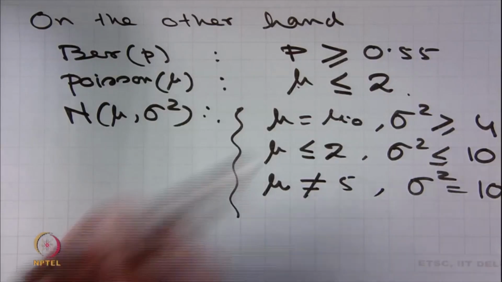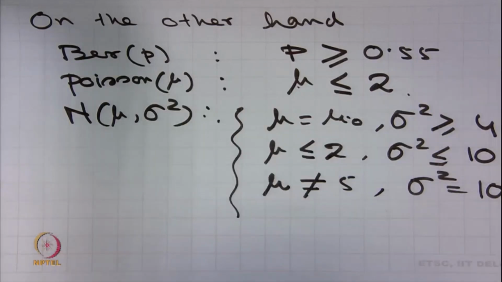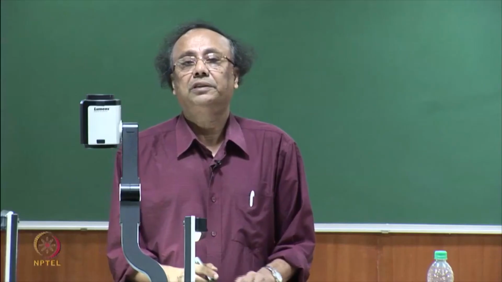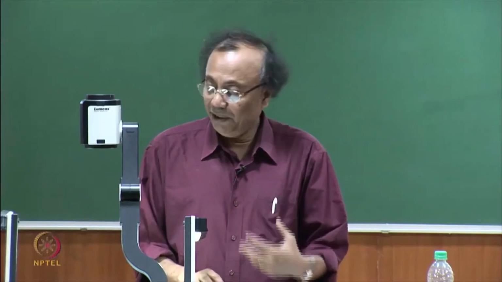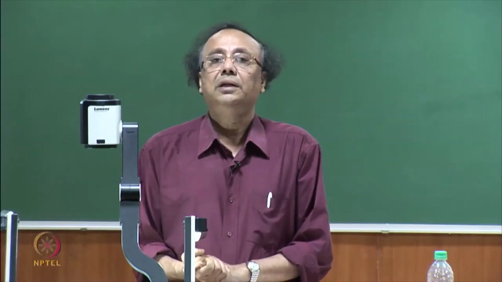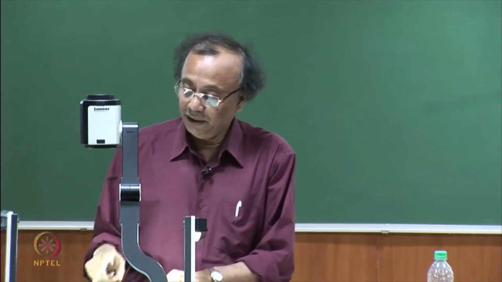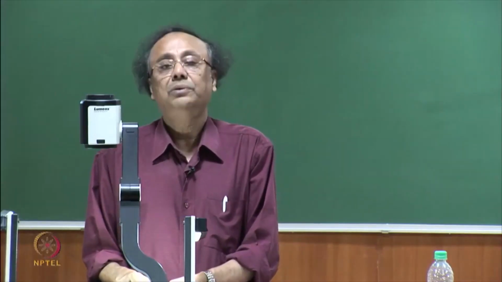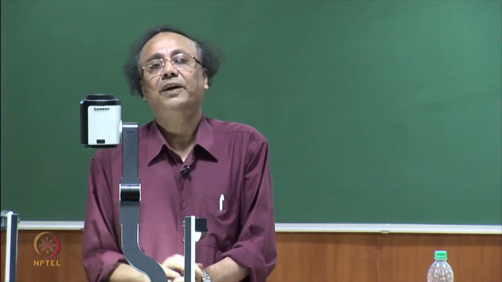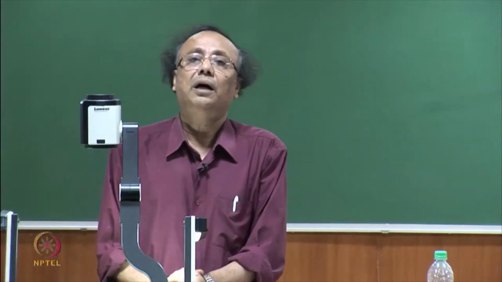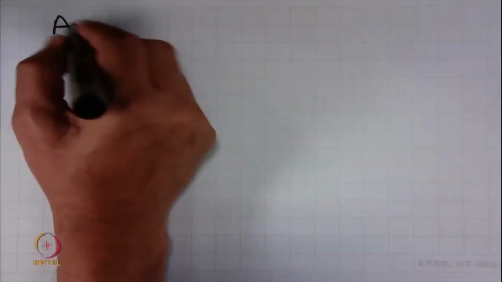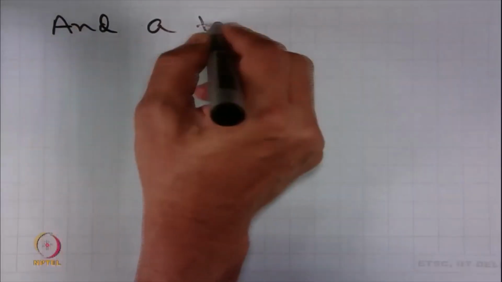In all these cases you can see that even if the hypothesis is accepted, we do not get the distribution completely, because there will be a family of distributions, each of which will fall into this category satisfying this hypothesis. So, such a hypothesis is called a composite hypothesis,